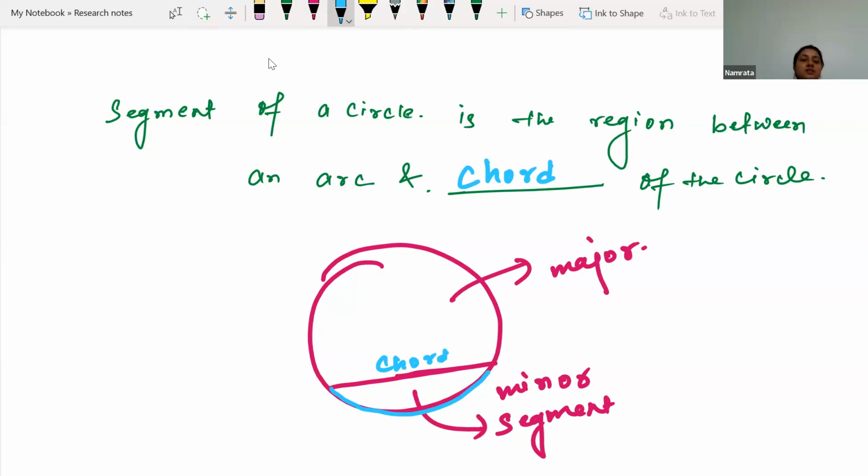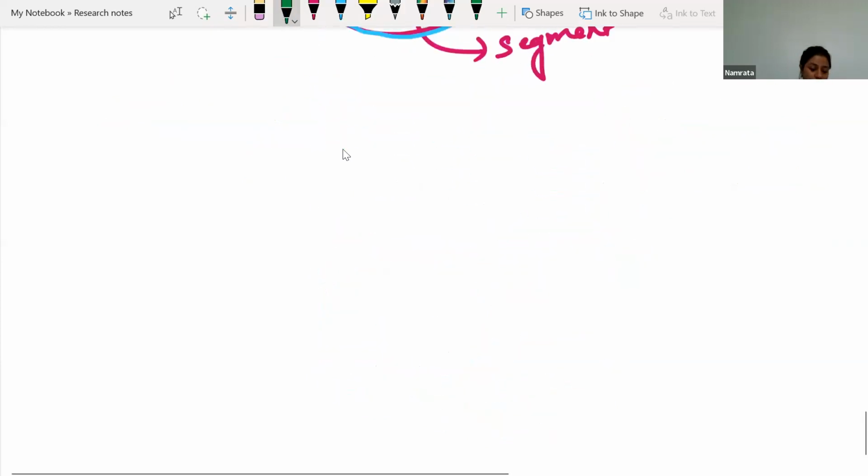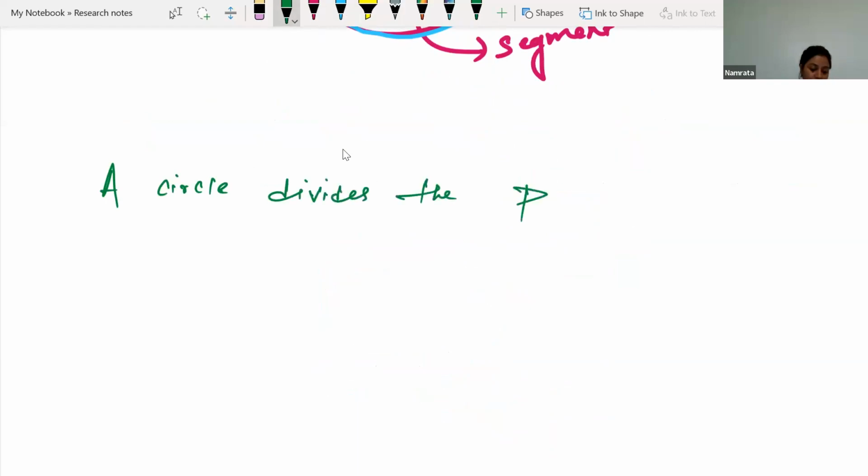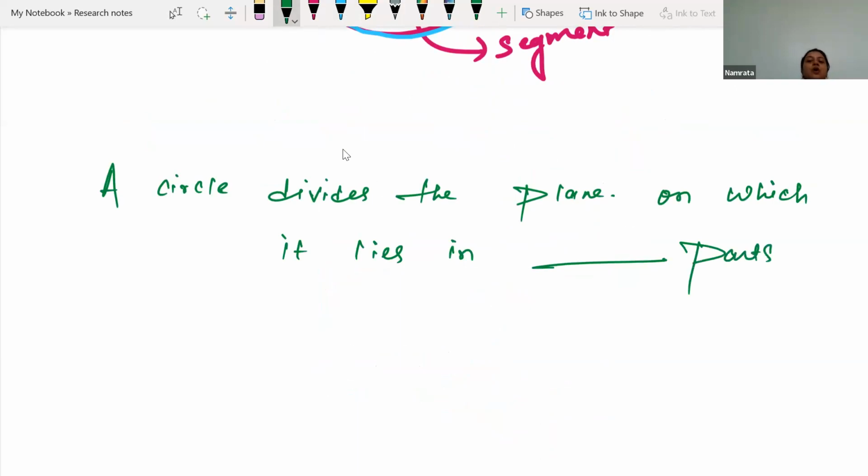Now the next one is: a circle divides the plane on which it lies in dash parts. Whenever we are talking about the circle, the very basic definition of circle says